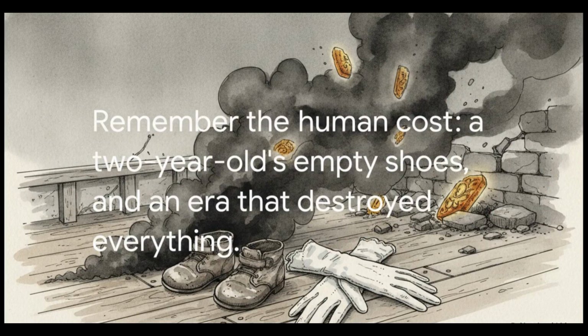Ultimately, this explainer shows us something really profound. It shows us that these aren't just fun little historical puzzles for us to solve on a rainy day. They are deeply profound, devastating human tragedies that are completely rooted in absence. When we talk about the Mary Celeste, we absolutely have to remember the tiny, empty shoes of a 2-year-old girl sitting right next to her mother's gloves on a quiet, eerily bobbing ship in the middle of nowhere. It's heartbreaking. And when we talk about the Amber Room, we are talking about centuries of accumulated human splendor, completely